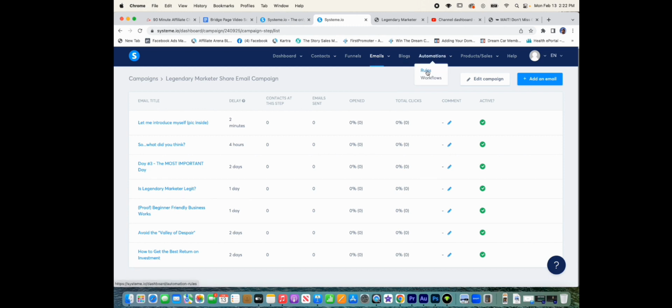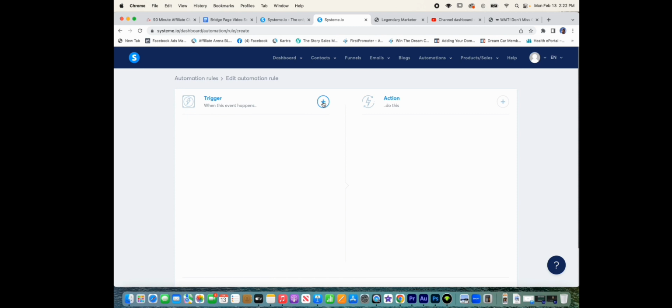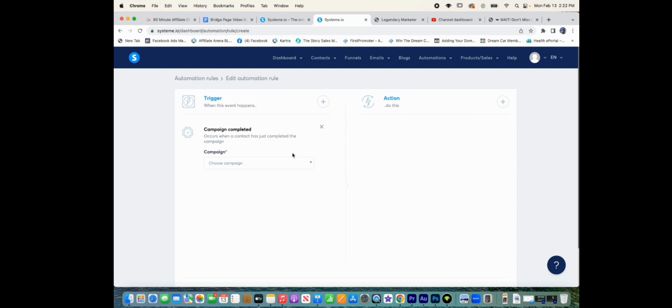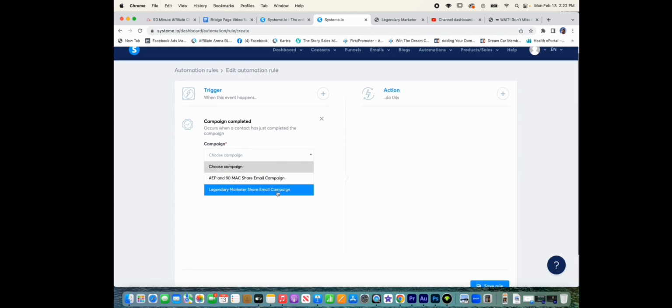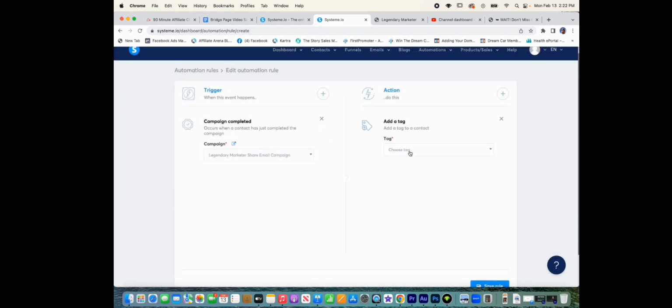So what we can do is add a rule. We can create a rule where, campaign completed, and then we select the campaign, and obviously that's the legendary marketer share email campaign. What do we want to have happen when they're done with that? Well, we want to add a tag. We can just choose a tag, which I should have done this earlier, that will basically say, hey, these people are done with